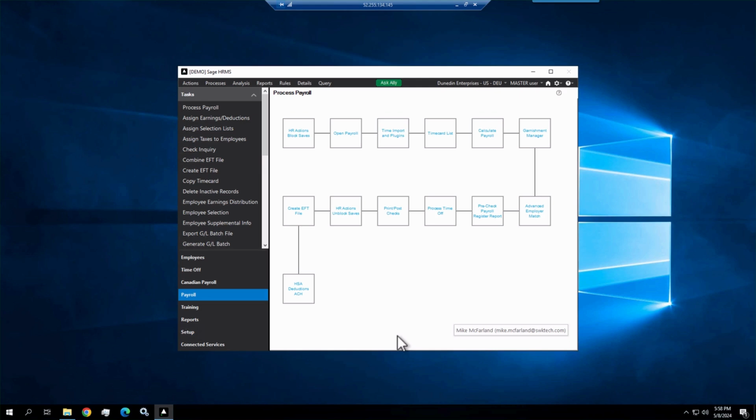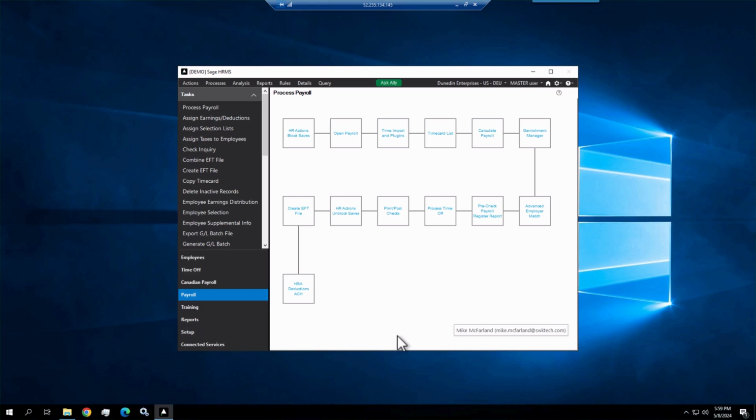Payroll clients that utilize the Sage Employee Self-Service module will typically publish check stubs to the Employee Self-Service for employees to view. If, for whatever reason, when they're processing payroll, that publishing step is missed or interrupted and the publishing of the check stubs doesn't occur, there is a way to update that in ESS post the